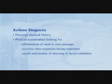An asthma diagnosis is based on a medical history and physical examination. During the exam, the practitioner will look for inflammation of nasal or sinus passages, excessive chest expansion during respiration, and the sounds and location of wheezing or forced exhalation. Remember, asthma is not so much a problem of breathing in as it is of breathing out. When the airways are clogged with mucus, stale air gets trapped in the lower portions of the lungs, and the person must use the upper respiratory tract